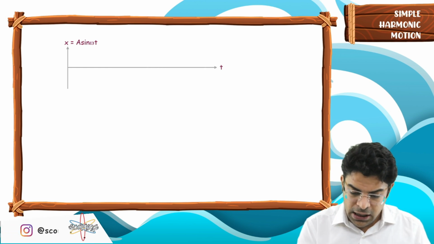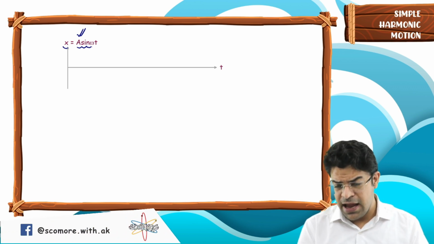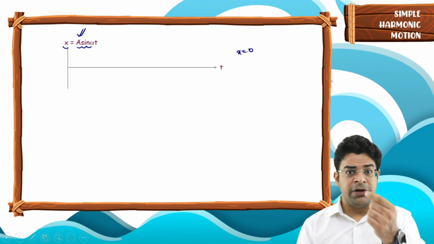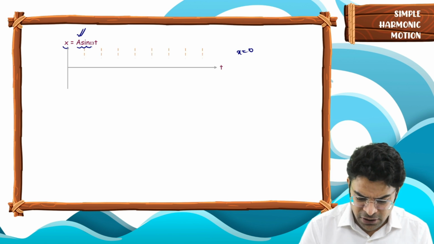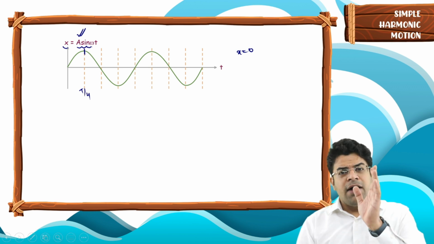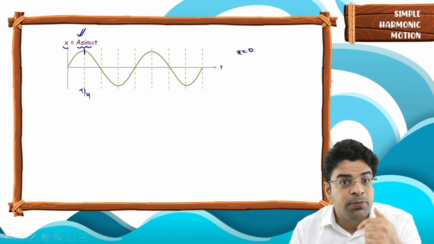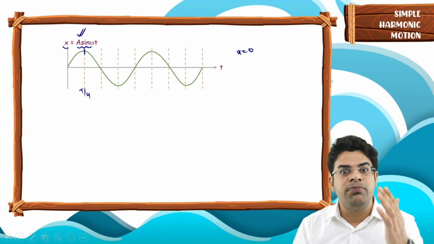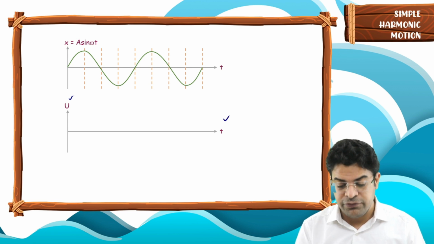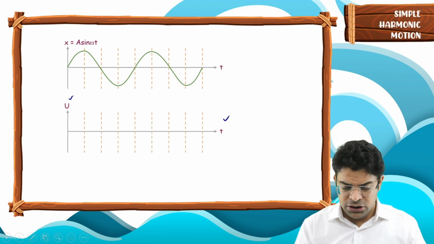Moving on. If we have the displacement time graph as x equals a sine omega t, initially at time equals 0, x is 0, the particle is at mean. When the particle is at mean, potential energy is 0. Over a period of time, the particle reaches the positive extreme. At what time? At time T by 4. So after a time T by 4, when the particle reaches the positive extreme, it is at plus a, and the potential energy will be half k a square, the maximum possible potential energy. So if you think of the potential energy versus time graph, it will be kind of the same graph. It's just that potential energy can never be negative. So you get this type of graph.